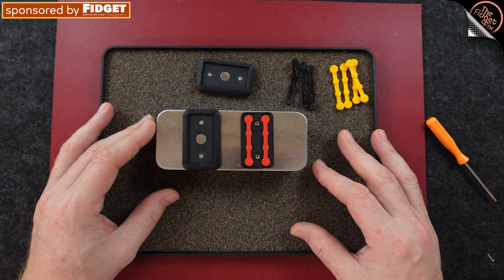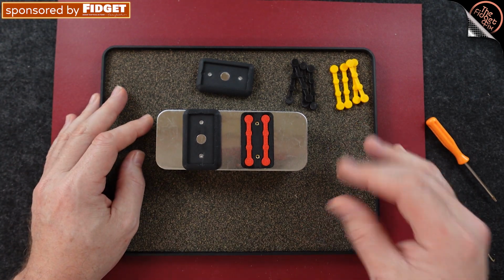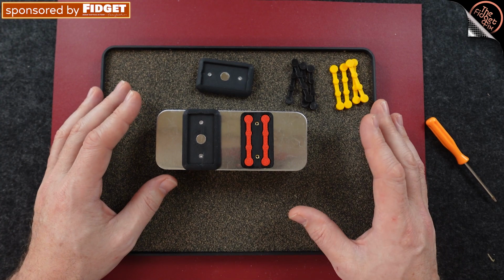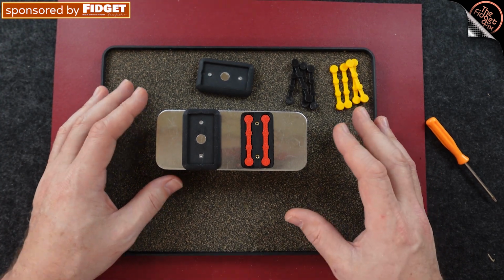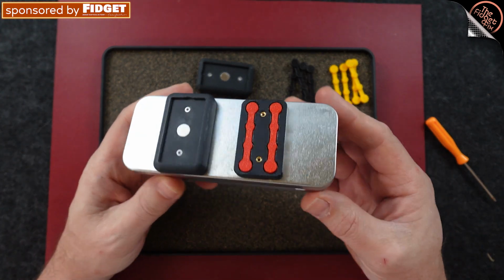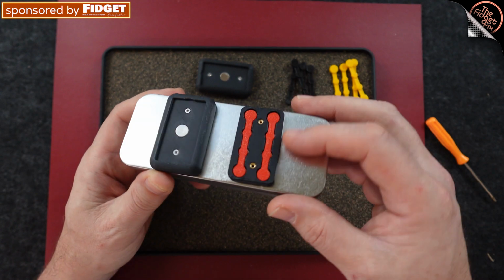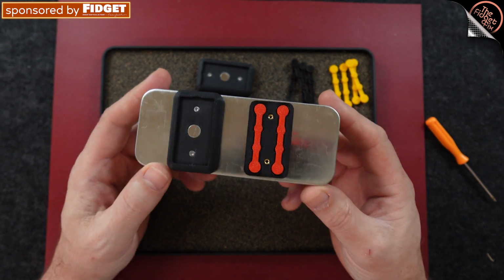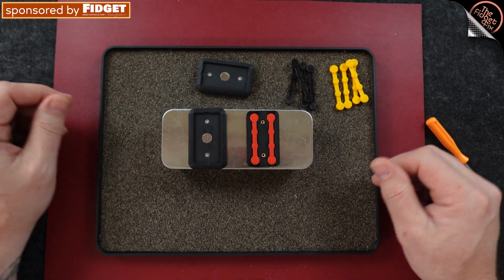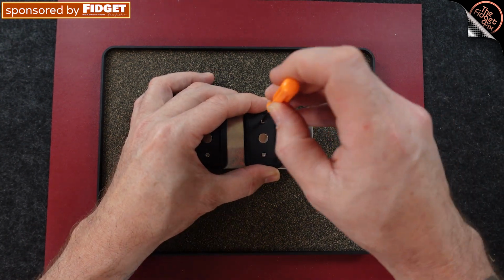But when stuff like this comes out, and there are obviously other creators of 3D fidgets that are known for their looks, or for the design and the grip and the style, all kinds of things, they all have their place in changing the 3D space. This really ups the game, because I don't even consider this a 3D fidget anymore. It is plastic, or whatever the material is, but it is a 3D printed slider. But allowing this to happen really changes how I look at this as a slider, because it's not just a